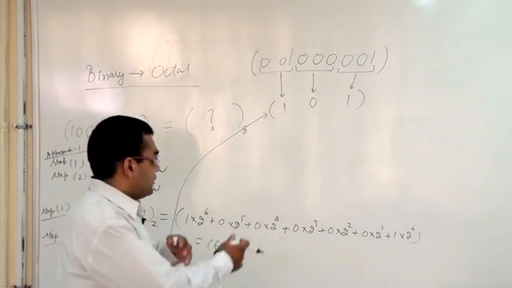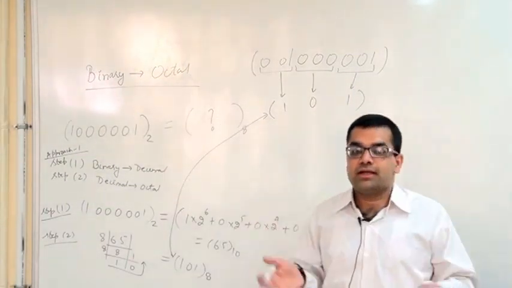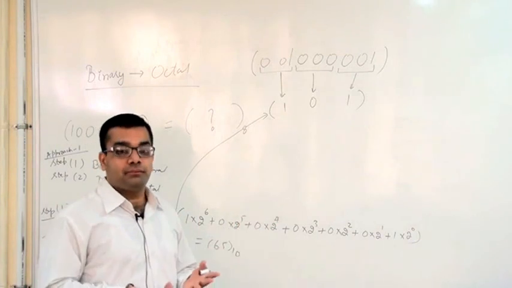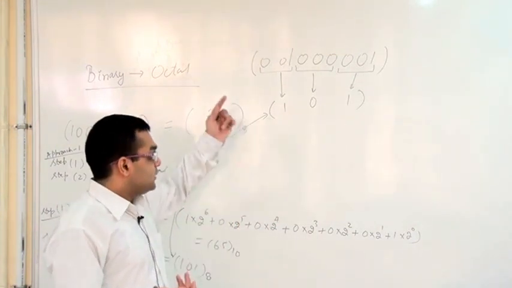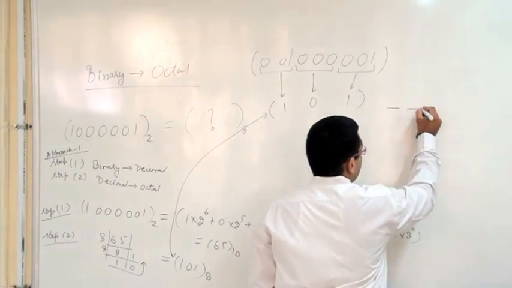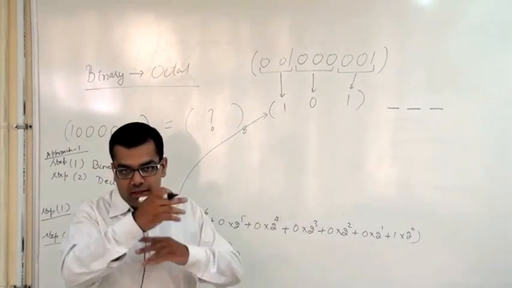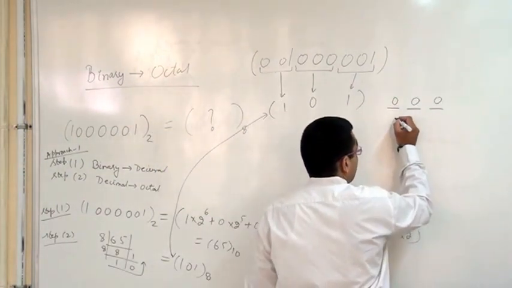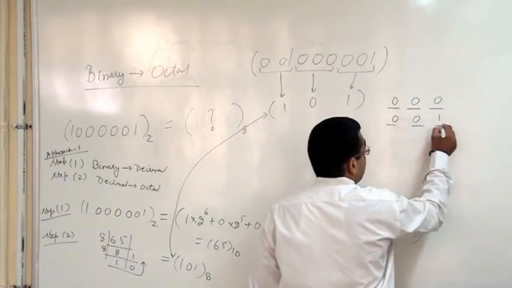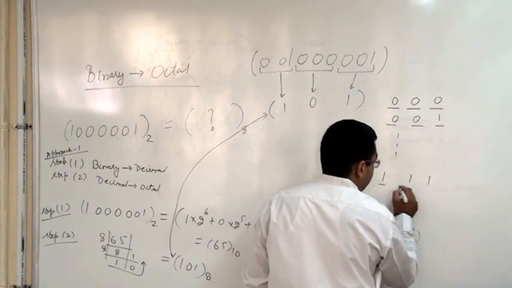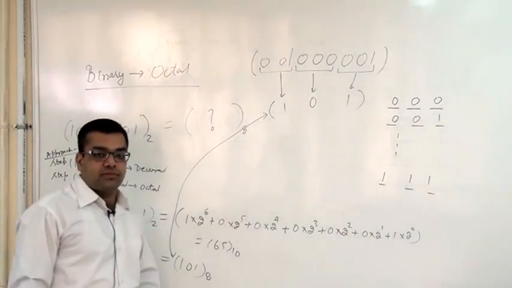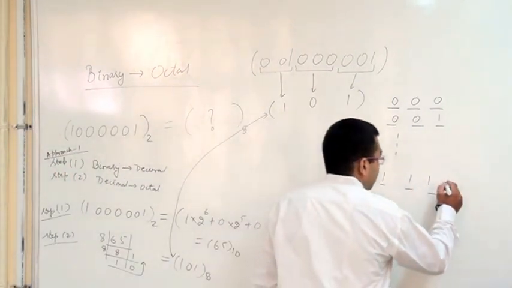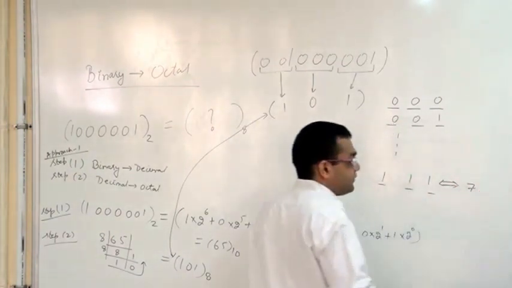Now the question arises, since we are representing by the decimal number, can't the digits go beyond, like 8 or 9? So the point is, if we are making a group of 3 digits, we can go from 0 0 0 to 0 0 1, and proceeding in this way, we can go up to all 3 ones. That is the maximum number that you can represent with 3 digits. So ultimately this is equivalent to 7 in decimal.